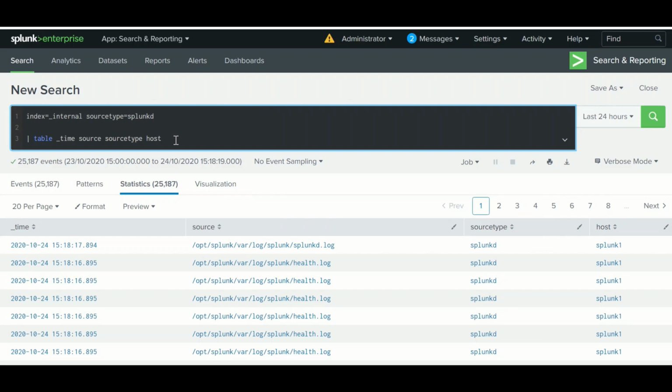To use that, you need to use sort, plus for ascending, minus for descending. One more thing to keep in mind: whenever you are using a plus or minus without a space, it will sort only for the first field.